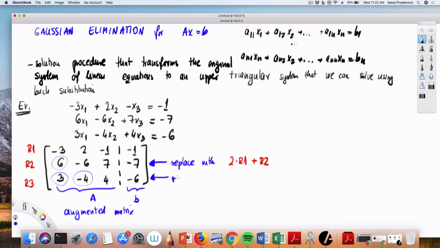So we're going to replace it with just simply row 1 plus row 2. And I'm going to write it down explicitly. This does not alter